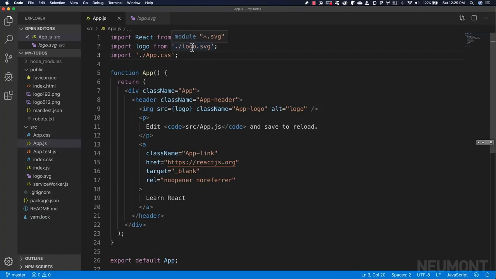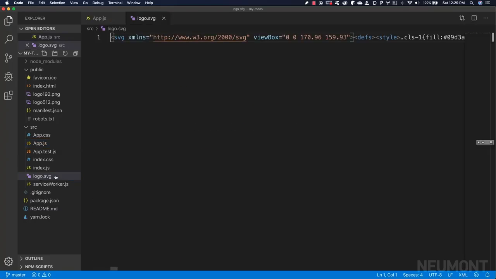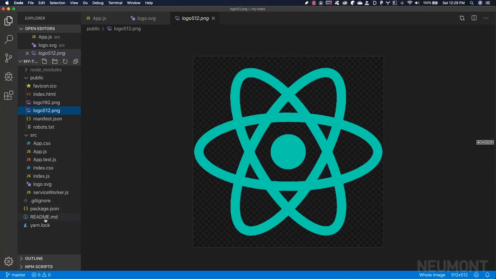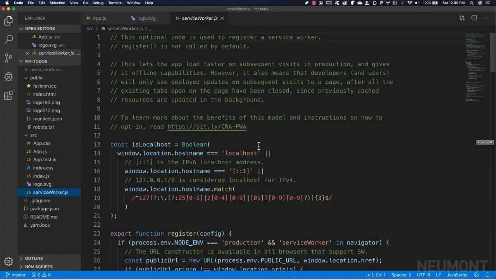And so if we look at that logo, and then we see right here logo.svg, it is an SVG version of the React logo. And SVG, of course, is really a mathematical and coordinate description of these same logos right here. SVG is pretty nifty. But if the SVG is not supported by the browser, you can use any of these logos down here. Now the service worker right here, this is an optional part of React, and we won't get